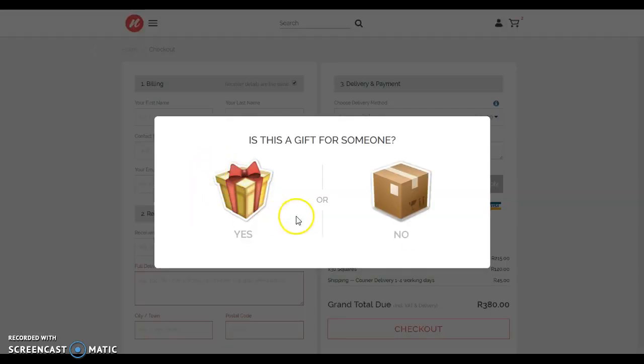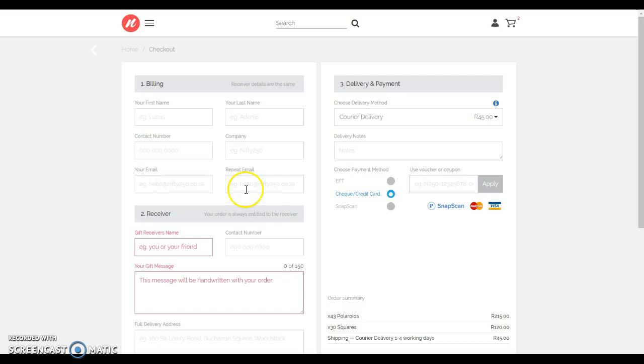For the sake of this tutorial, we're going to keep the checkout process really simple. So I may brisk through this, but this is just because we'll make another tutorial on checkout. So all we're doing here is we're basically forcing you to tell us if this is an order for someone else or if this is an order that's going straight to you. If it's an order that is for someone else but it's being delivered to you, that's perfectly fine. We suggest always selecting the gift option. Basically, if this gift is for anybody but yourself, please select gift yes. So I'm going to pretend it is.